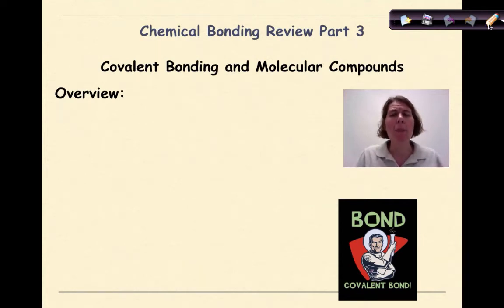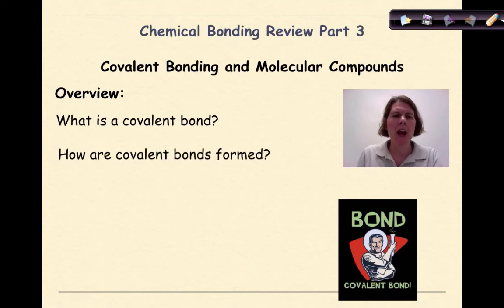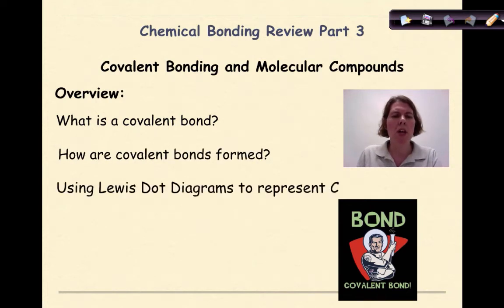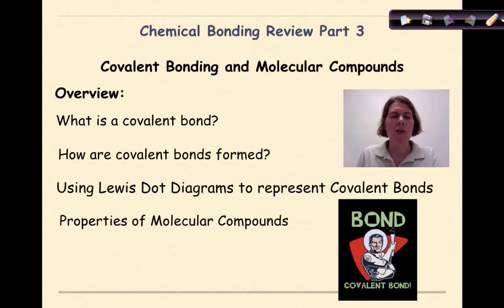Today we are going to focus on covalent bonding and properties of molecular compounds. The focus of today is to go over what a covalent bond is, how covalent bonds are formed, using Lewis dot diagrams to represent covalent bonds, and looking at properties of molecular compounds. In the next review, I'm going to go into a little more detail about polyatomic ions in covalent bonding, molecular bonding, coordinate covalent bonding, and some other issues with chemical bonding that will wrap up